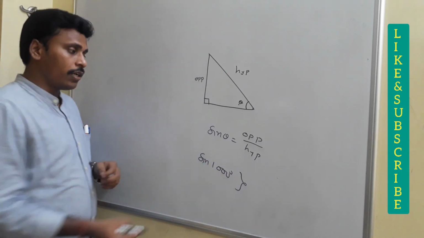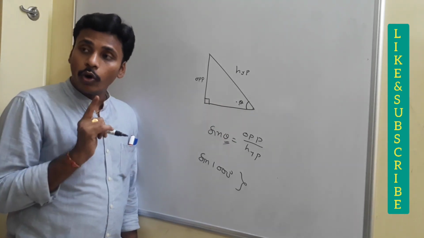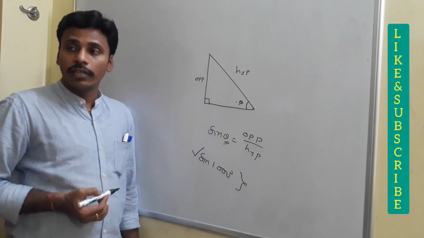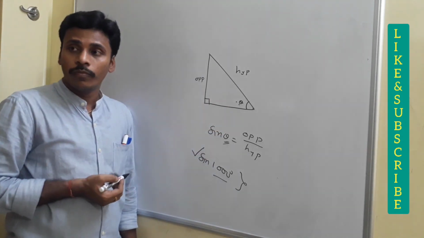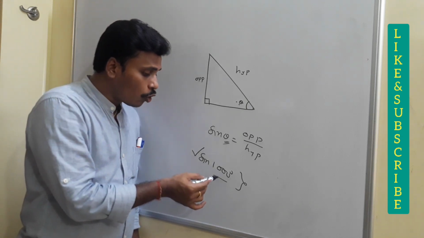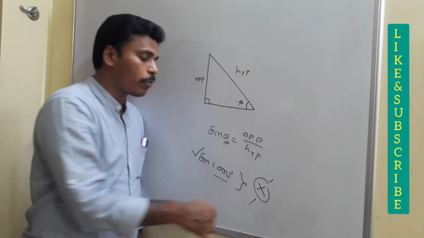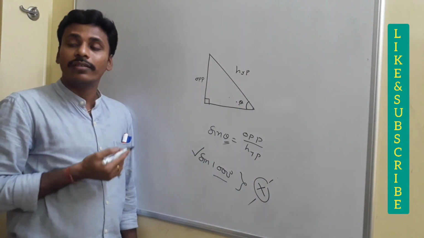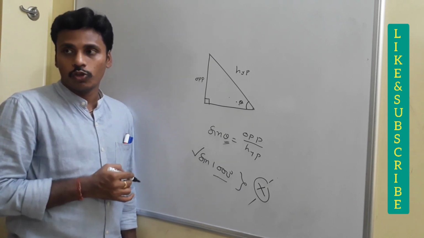As per your definition, you have to locate theta in the right angle triangle. Then if I ask you what is sin 1000 degrees, you have no chance to locate this 1000 degrees in a right angle triangle, no? Since there is no chance to locate 1000 degrees in a right angle triangle, then sin 1000 degrees is also not possible. But this is a wrong convention, because there is a value for sin 1000 degrees also.